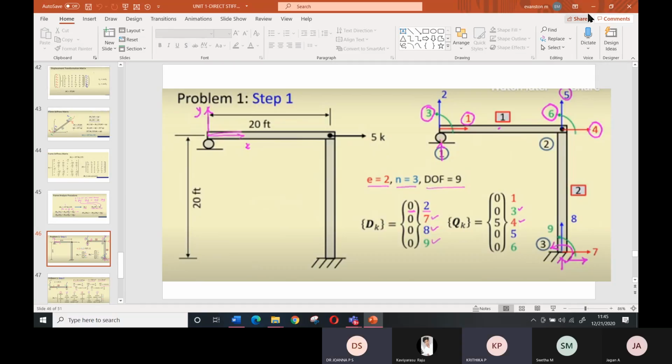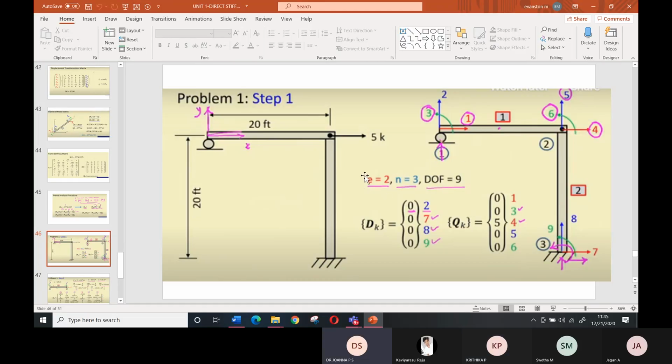Ma'am, if you don't mind, can you explain it once again? Which one? Fully, ma'am. Some noise is coming. Tell me. This slide, ma'am. Previous slide. This one. What do you want the explanation about, degree of freedom? Yes, ma'am. That A equal to 2, N equal to 3.